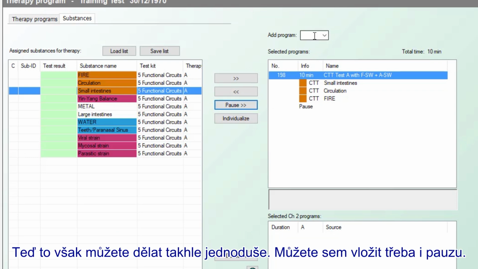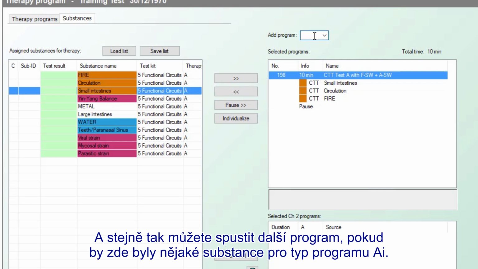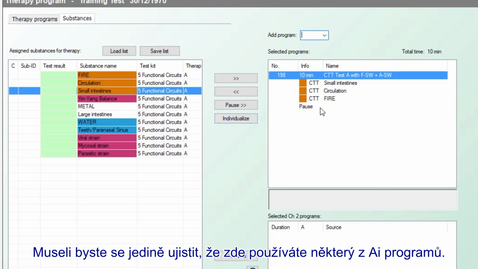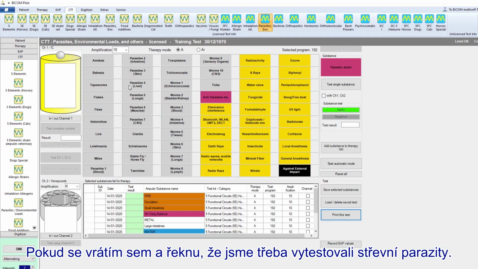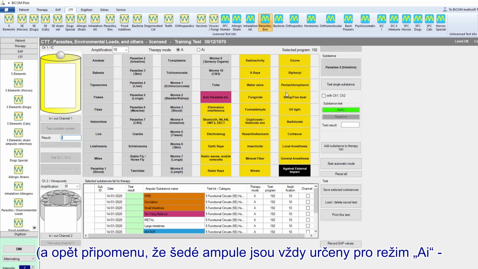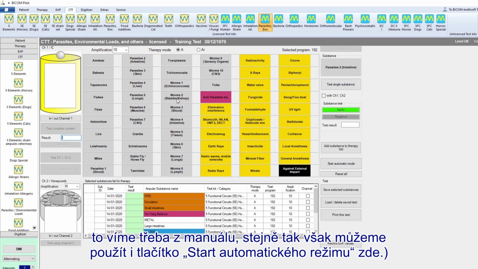If we put a pause in, we could run another program. If we had ones here that were inversions, I'll show you this as well. If you had some AI, you'd need to make sure you put AI here. Let's try that. If I go back here, say we'll test parasites, intestinal parasites. Now again, grey ampules are always on AI, and how we know that is we've gone to the manual, but we can also use the start automatic mode here,